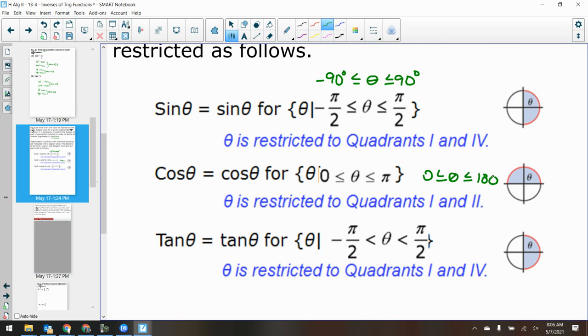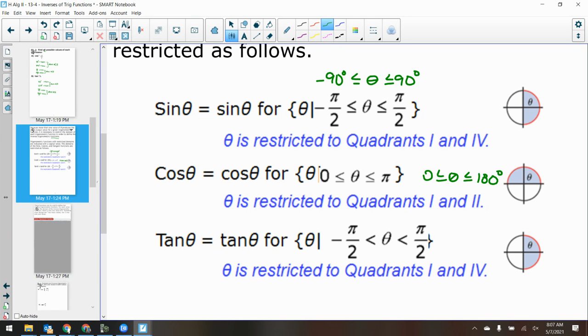to 180 degrees. I know you guys like to think in degrees. So I would write out the degrees as well. The cosine is a little bit better because I don't need to worry about any negative rotation. Because if I just go from 0 to 180, that's going to cover everything. Now, for tangent,